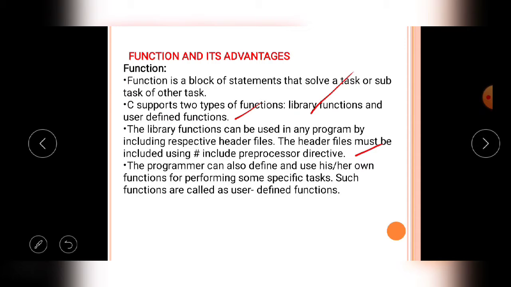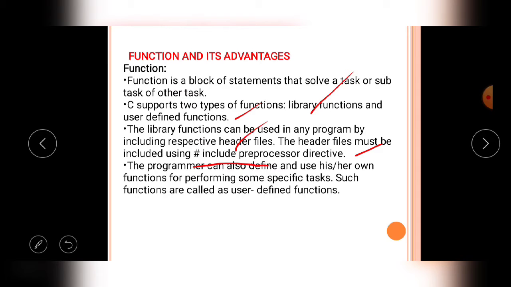If the programmer uses string functions in the program, he should add the string.h header file using the #include preprocessor concept.